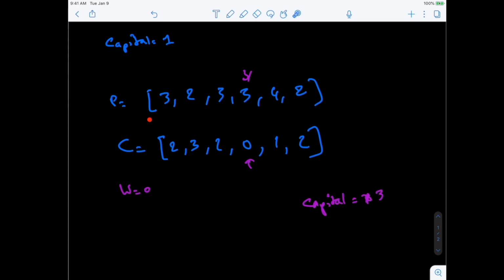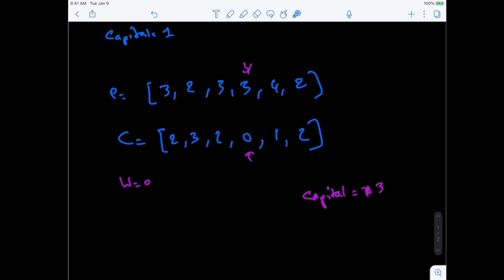We need to keep track of all of the ones we can take, right? Because we can take this one because our capital is 3. We can take this one, we can take this one, we can take this one. Sorry, actually, we need the capital to be smaller than 3. So we can take this one, this one, this one, this one, this one. So we can take all of them, but we need to organize them by